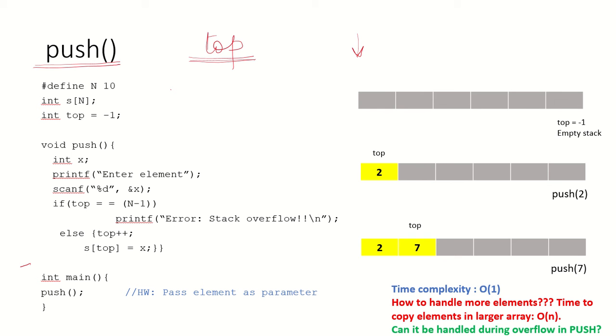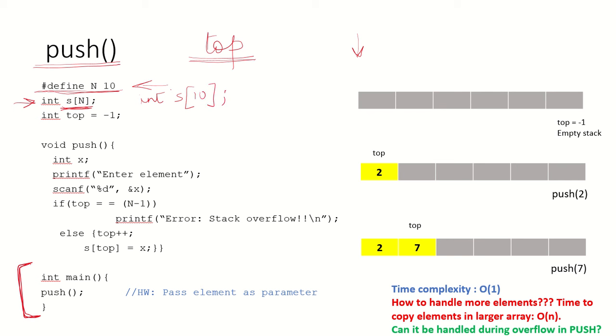So if we have to call the push function from the main, and there is a possibility that this stack might be used in other functions as well, it makes sense to declare the stack as a global variable. So here we have a stack of size n, where we have defined n by using a macro statement over here. We say that the size of the stack is going to be 10. If we don't want to use the macro, we can simply write int s[10] also.